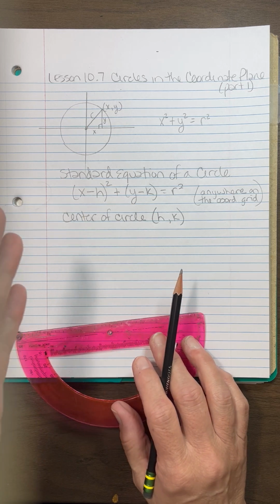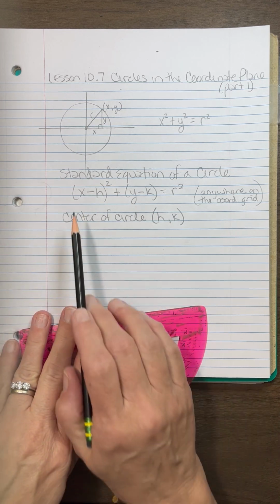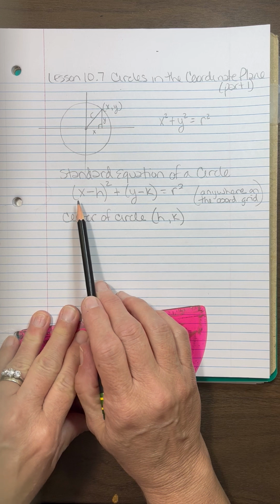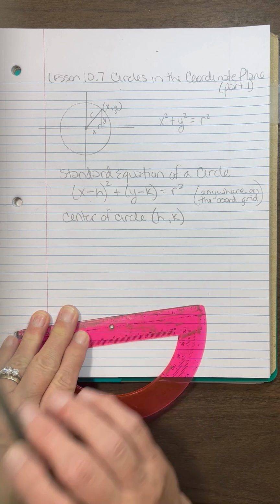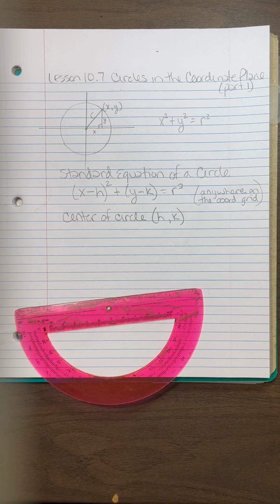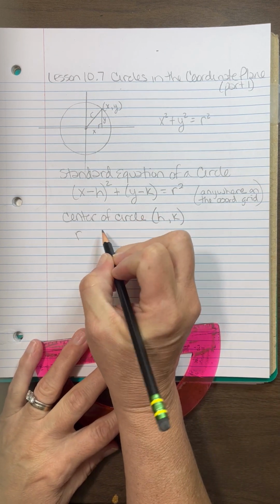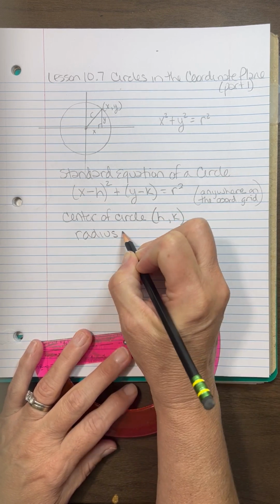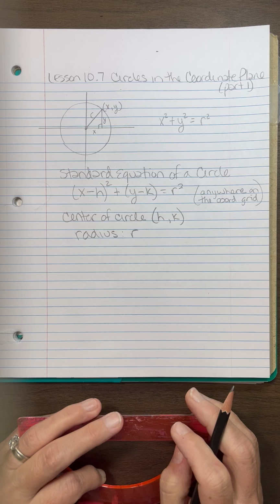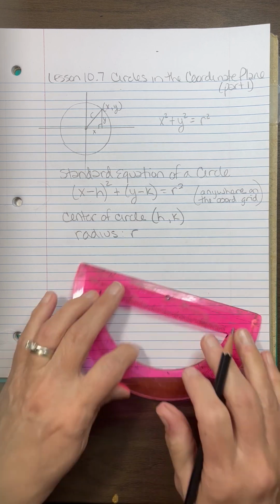If it said x plus 7, then h would be negative 7 because it would be like x minus negative 7, which would give us x plus 7. Okay, so we'll look at a couple of those. And the other thing to remember is that the radius is obviously the r. Okay, all right, let's try one